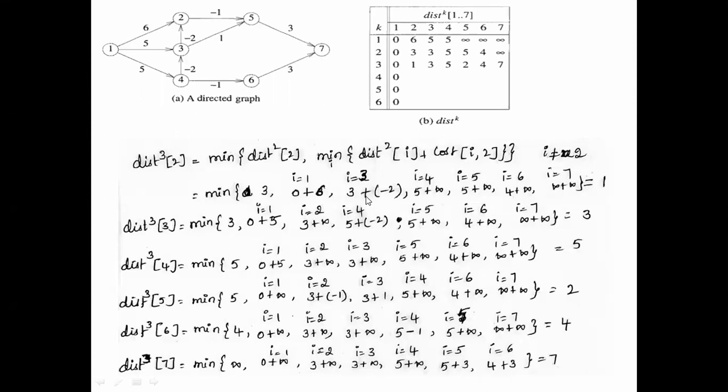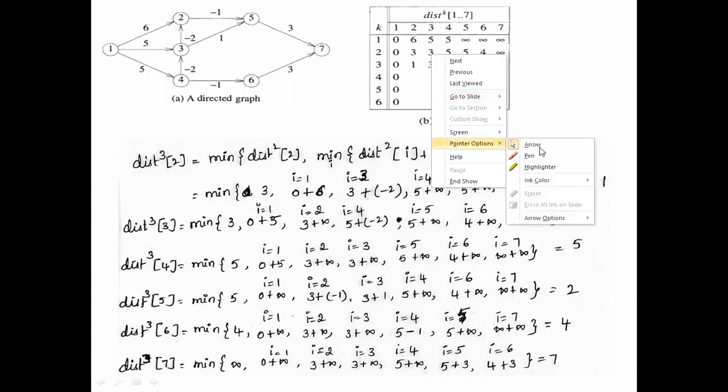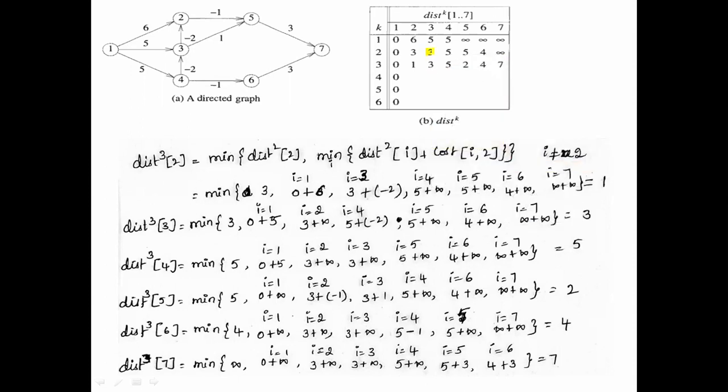Okay. When I is equal to 3, from the table it will be equal to 3. Whatever value we have, you write it as it is. Here 3, write that 3. Here 0 we have written 0. Here we have 3, here also write 3. 3 plus 2 to 3. Sorry, 3 to 2, it is equal to minus 2. Then 4 to 2 is infinity. 5 to 2 is infinity. 6 to 2 is infinity. 7 to 2 is infinity. So minimum value 3 minus 2, it is equal to 1.